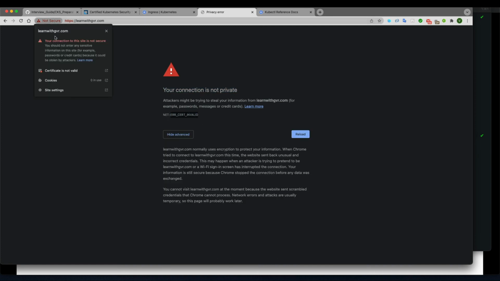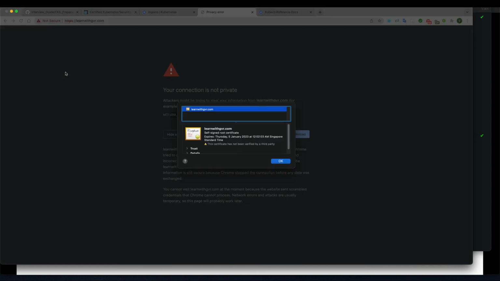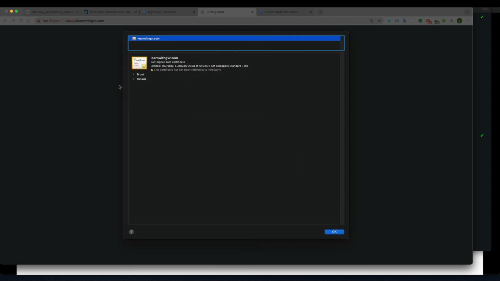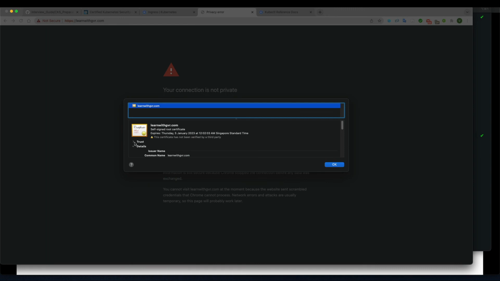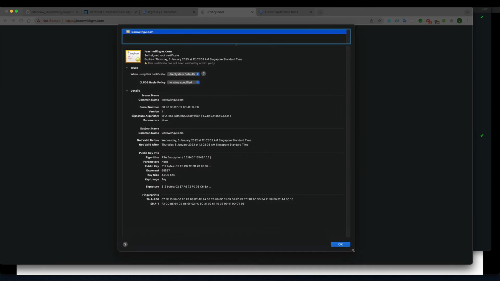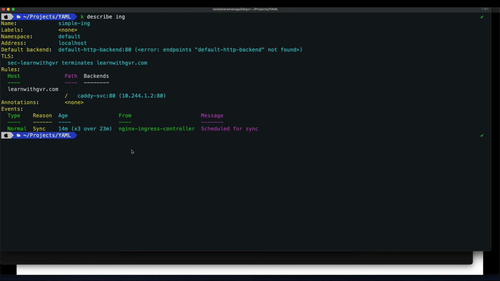And if you go here and expand this certificate under the details, under the trust, learn with gvr.com is self-signed, and this is a root certificate only, so there is no certificate authority.